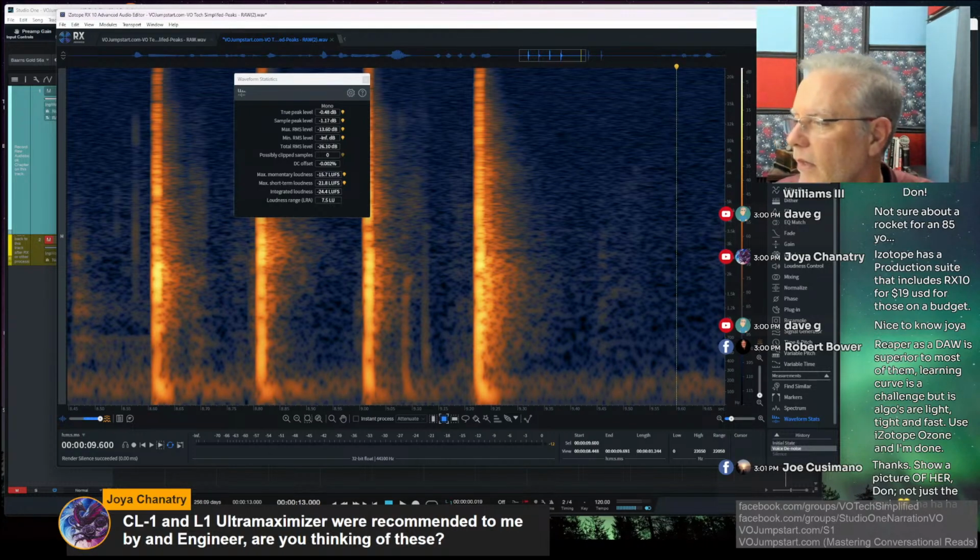And then, iZotope as a production suite, RX10 for $19. I don't think so, Joya. Maybe it does, but there might be an educational version of it, but the version of RX10 for $19 is probably Elements, which is a subset, and that subset does not have all the things that we would want for voice.